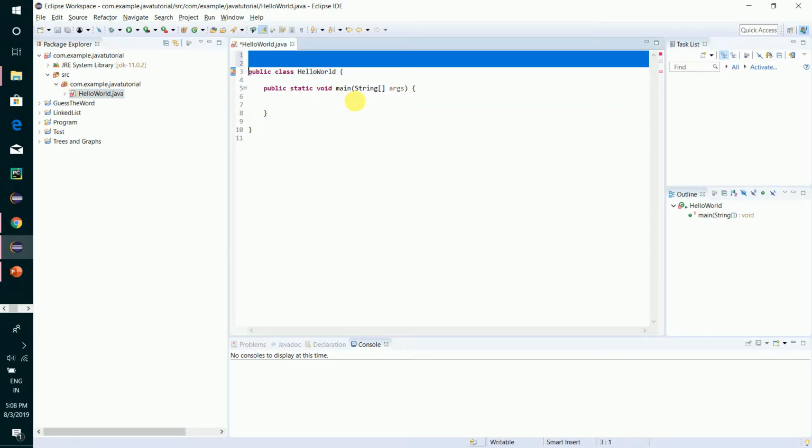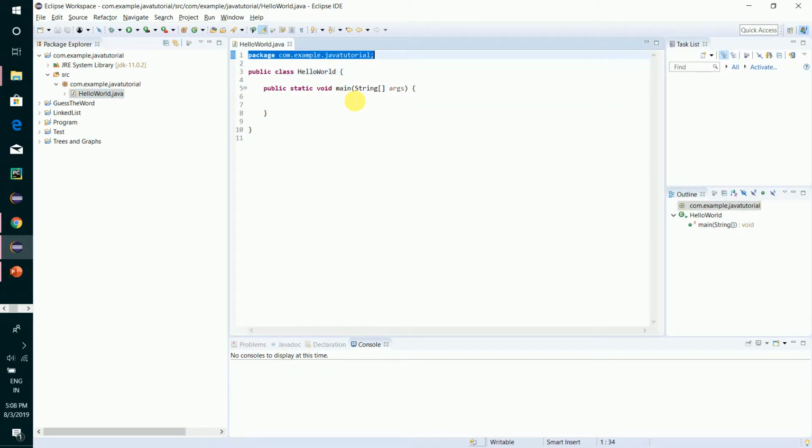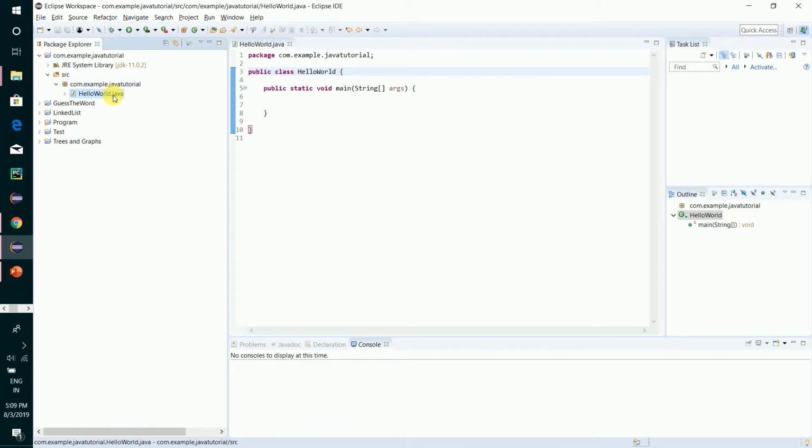Okay, this is a package. I actually didn't see this. So we are inside this package called Java tutorial, and we have written a class called